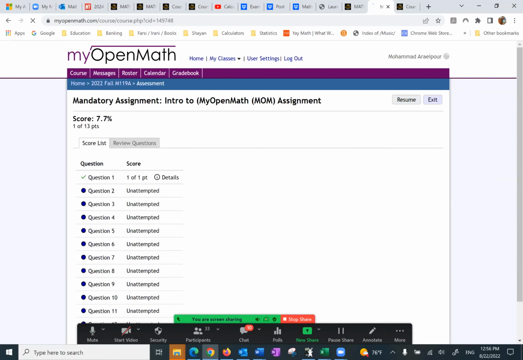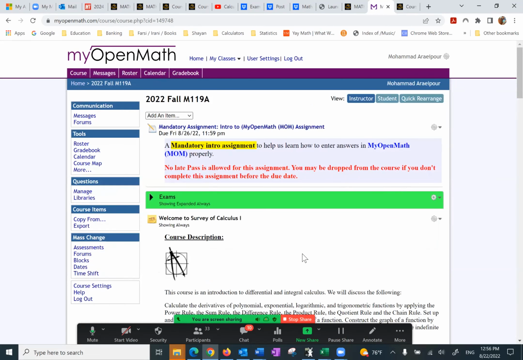If I resume and I do anything, it will update my grade. If I exit, I can always go back. And the first question that I've already done shows that I've done it. I go to the next question. So if I do 5 questions and I stop, the rest of them I have to do. That's what I mean. It's very easy to do the homework. Sky's the limit, as much time as you like to take. Okay. So that's as far as the first assignment, and every assignment follows the same method.